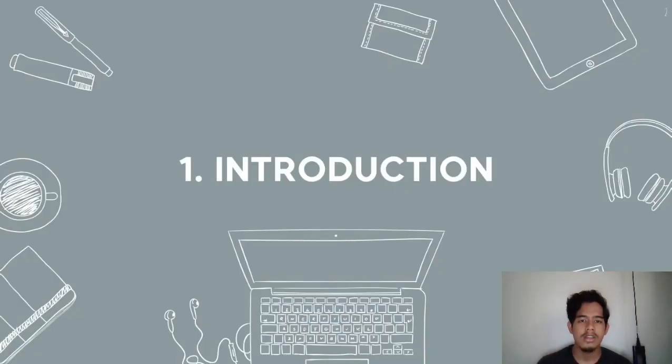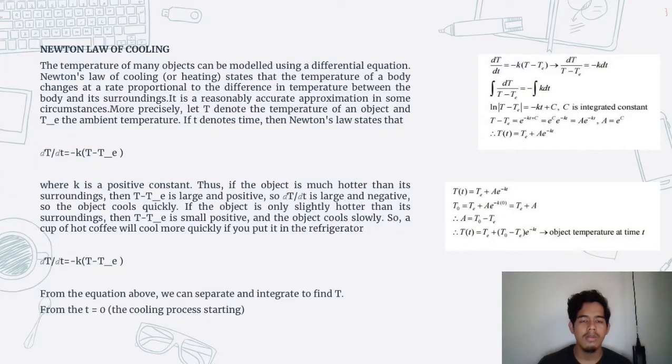First, introduction. The first one we will look at is Newton's law of cooling. The temperature of many objects can be modeled using a differential equation. Newton's law of cooling states that the temperature of a body changes at a rate proportional to the difference in temperature between the body and its surroundings, which is a reasonably accurate approximation in some circumstances. More precisely,